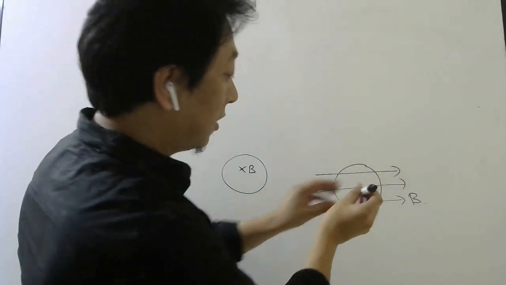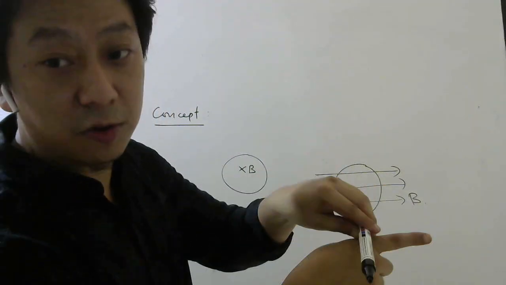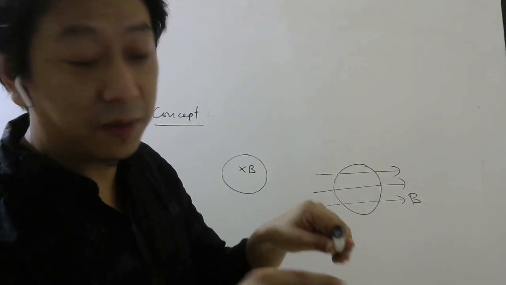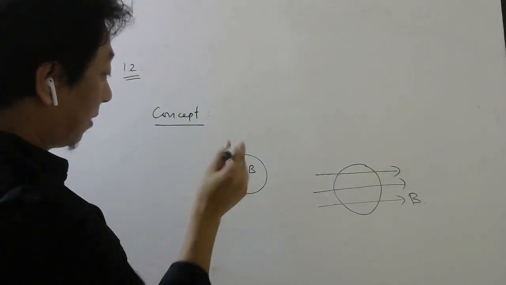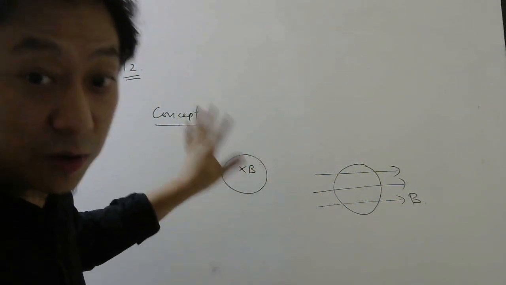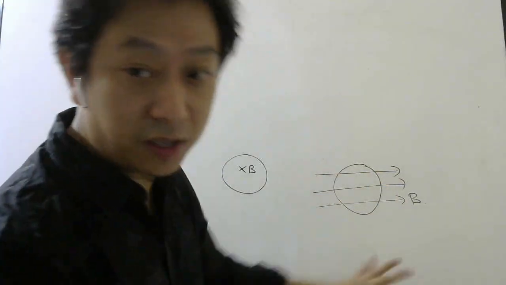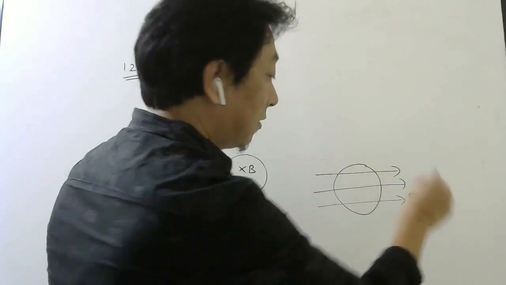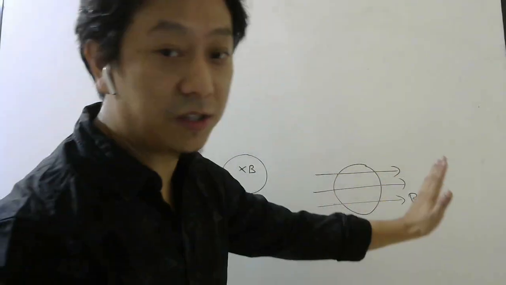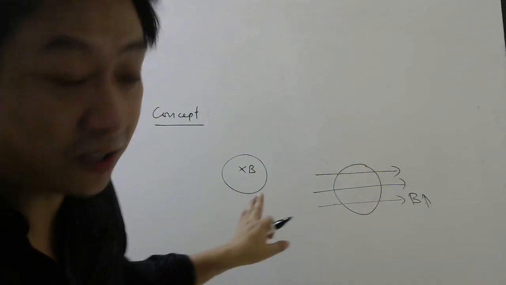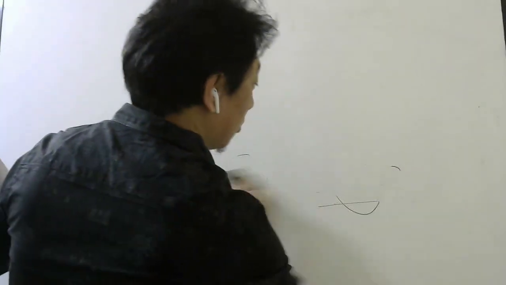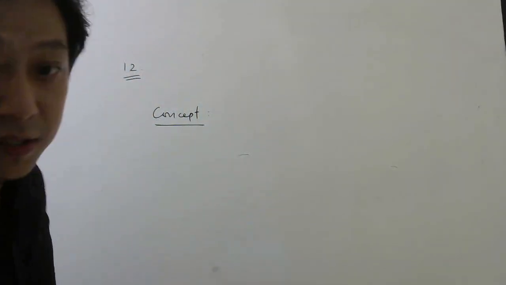If area vector is here, magnetic field is here, flux will be 0, because flux contains cos theta between magnetic field and area vector. Here area vector and magnetic field are in the same direction, so flux will be there. Here there will be no flux. So if you change only the magnitude of the magnetic field, the flux here will not change, but the flux here will change. So imagine a closed circuit in which magnetic flux is changing.